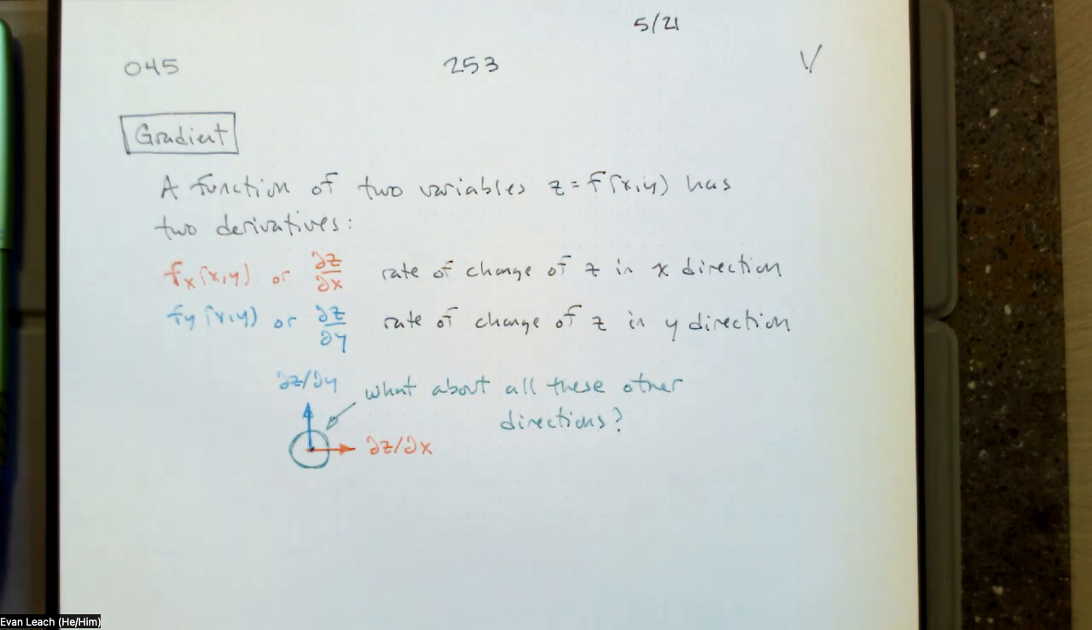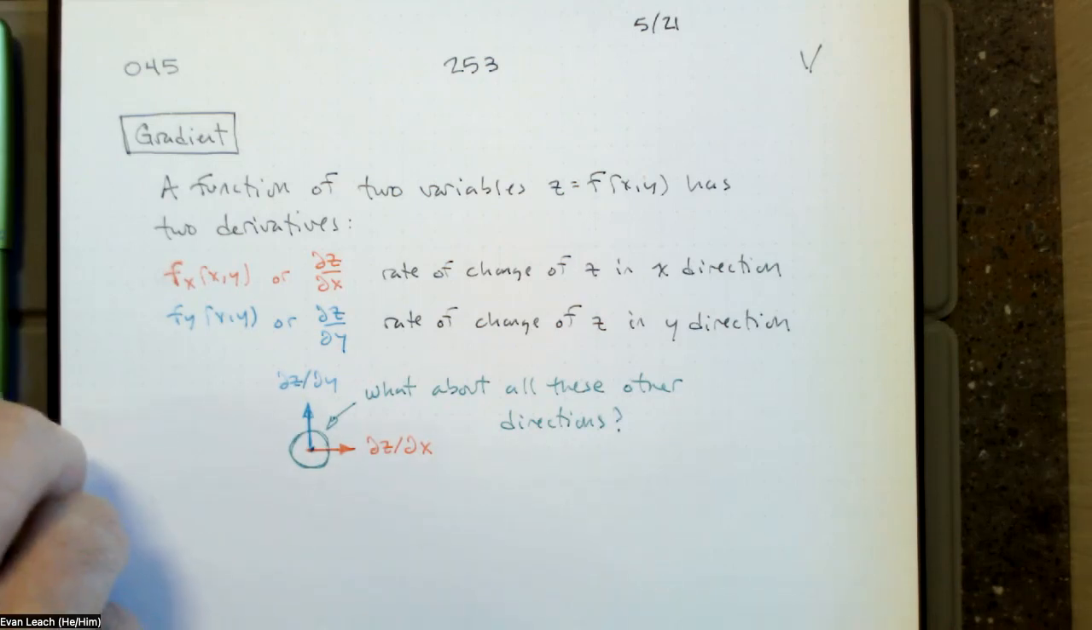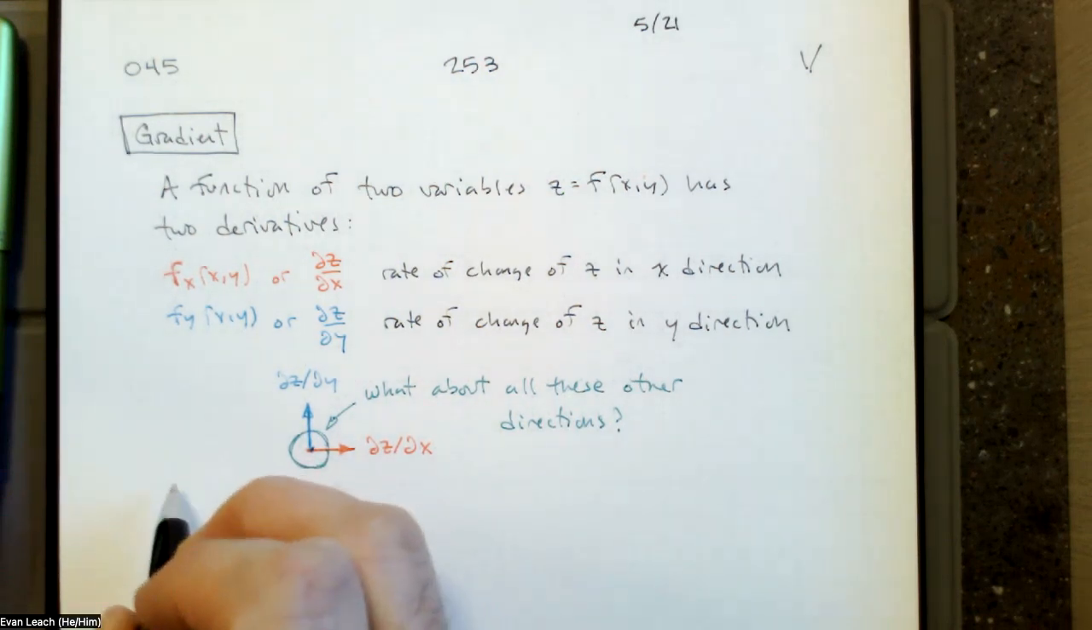The good news is, even though we haven't had linear algebra, we know that everything in that plane can be described as some combination of x and y. So everything in this plane can be described as a combination of x and y. So the good news